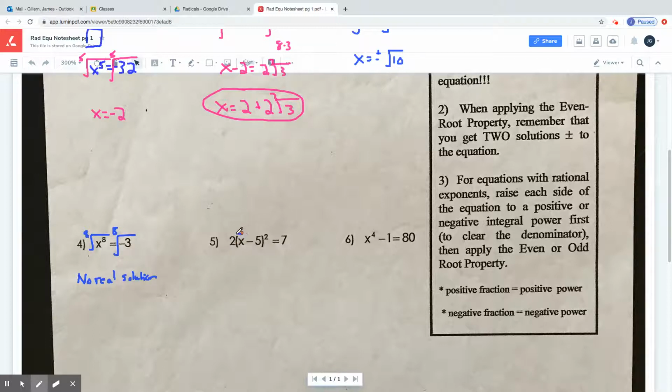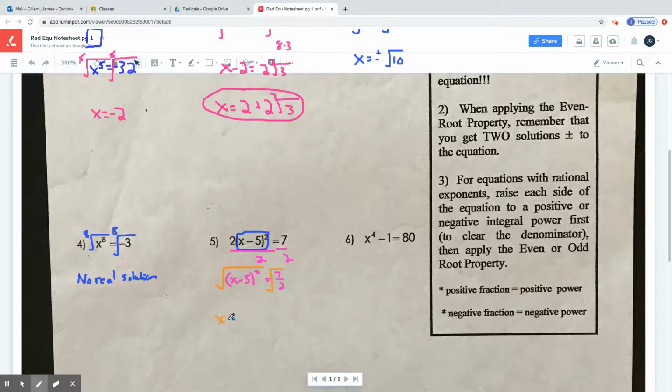Now for this one, this is what we need to get by itself first before we take the square root of both sides. So we need to divide by 2, and I get x minus 5 squared equals 7 over 2. All right. Now, since it's by itself, I can take the square root of both sides,